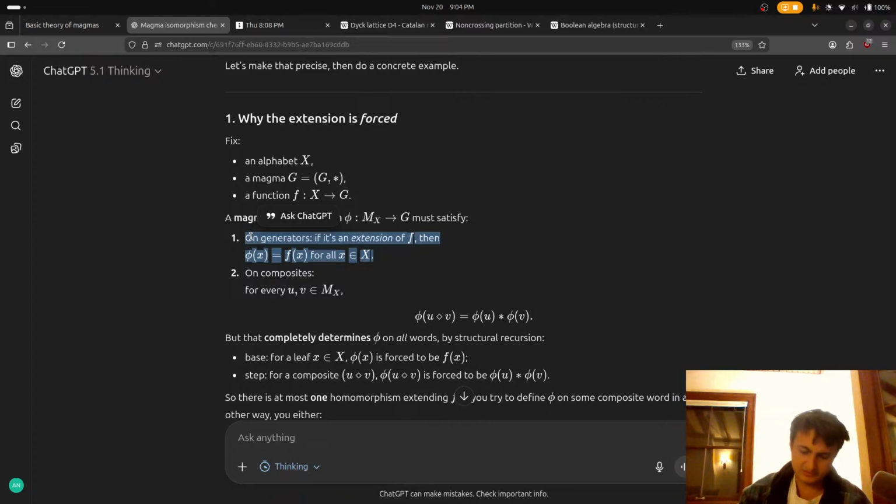Because, let's say that G is like X, Y, X, Y, Y, X, Y, X, or something weird, like a right associative thing. Then if we took M_X, the function phi would have to be some weird infinite thing.